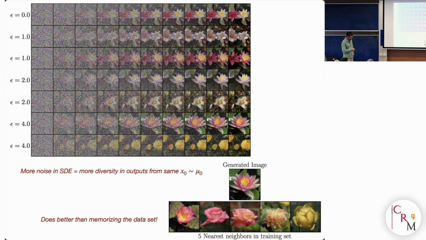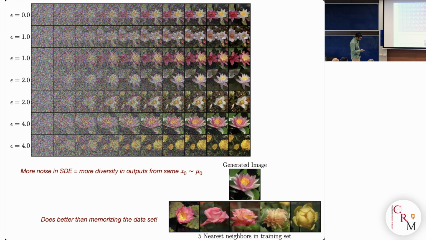simply take the ODE, right, and you start with one realization here of the Gaussian, then with the ODE you would always get, and this is something that has been trained on a data set called the flower data set, this flower. It will always generate this flower because it's a map from whatever initial condition here goes there. If you want variability here, you would have to vary the initial condition here. You draw the x0 among different noises. But if you take the same one here, but then you put noise on it, you can get the diversity of flowers, and the diversity increases, conditional on this, given the value of the coefficient.